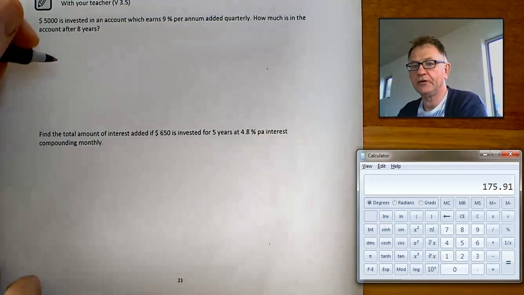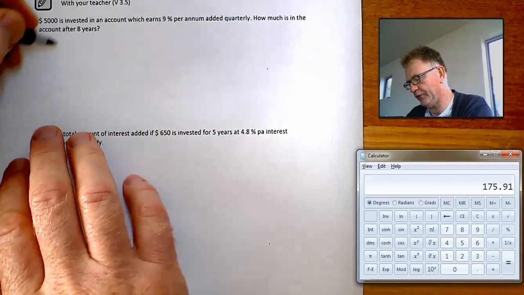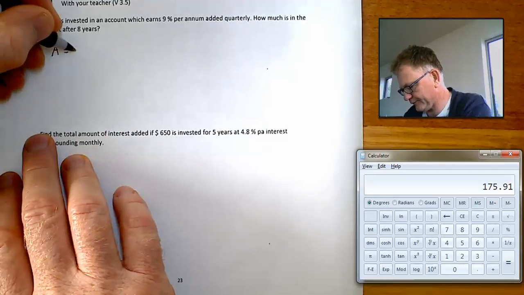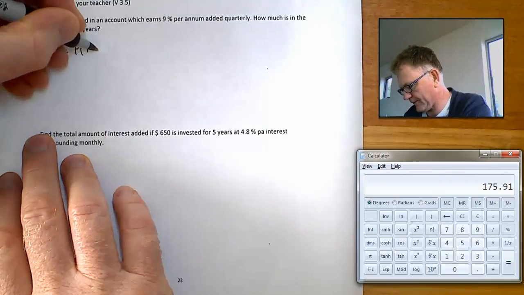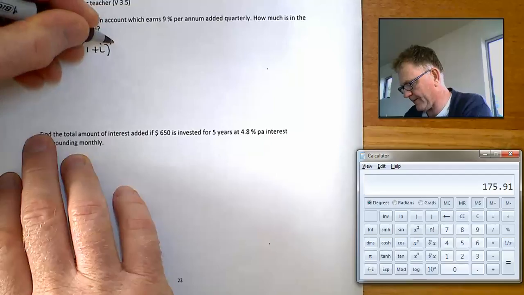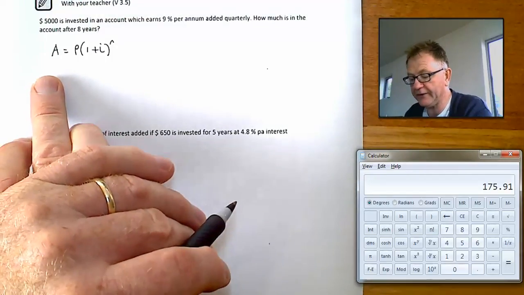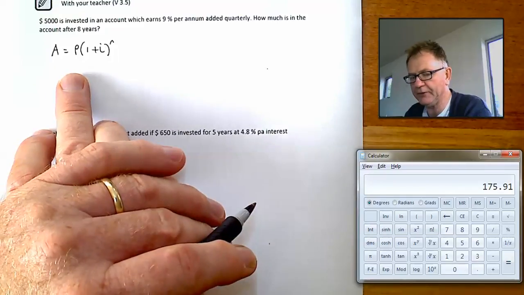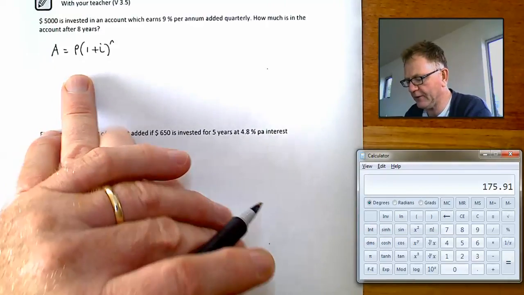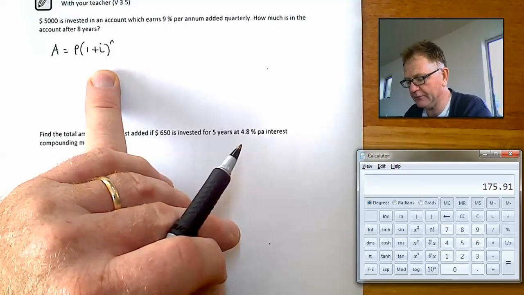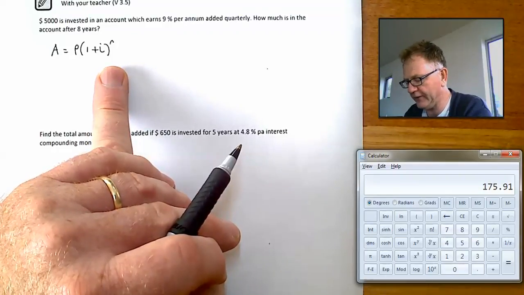These questions concern compound interest. So the formula that we're going to use is this one. When you're using this formula, A is the amount in the account at the end, P is the principal, the amount invested, I is the interest rate per period as a decimal, and N is the number of times that